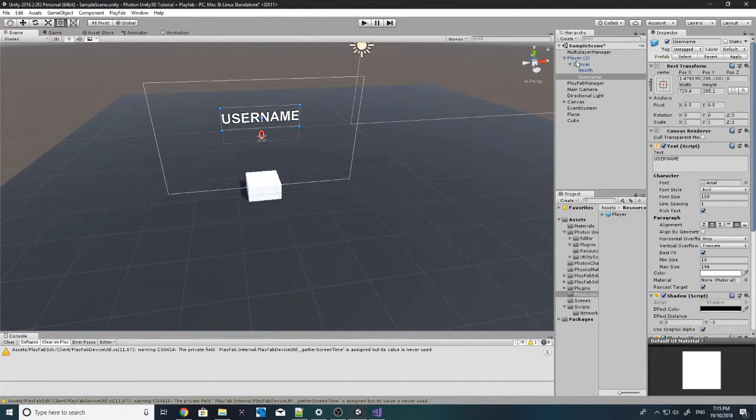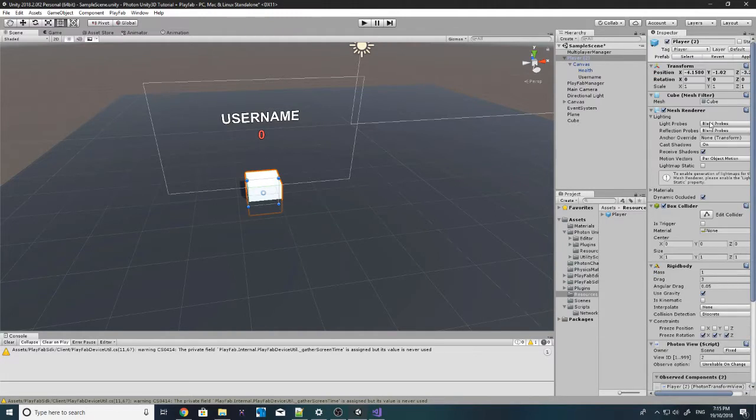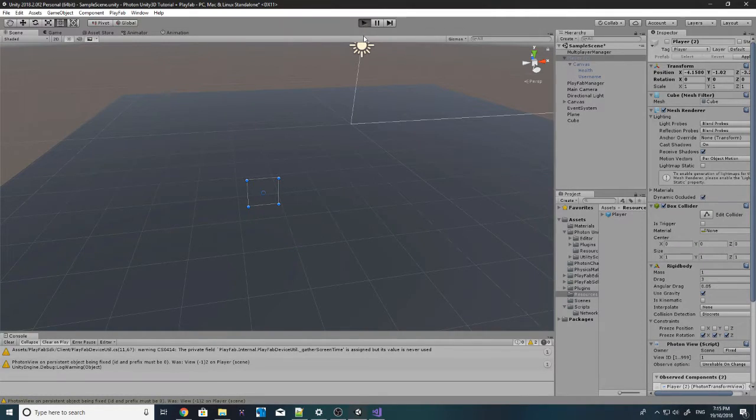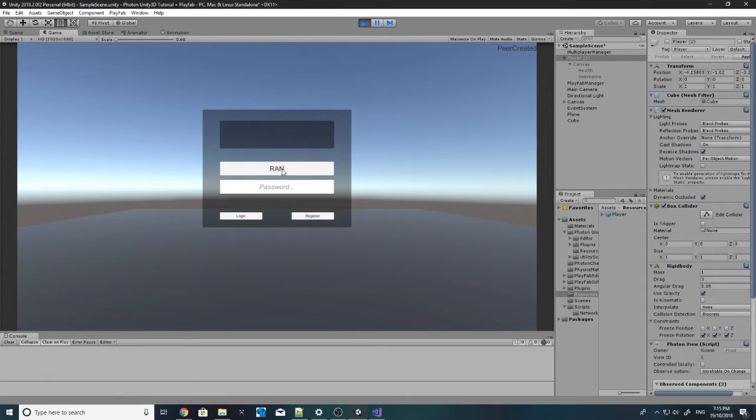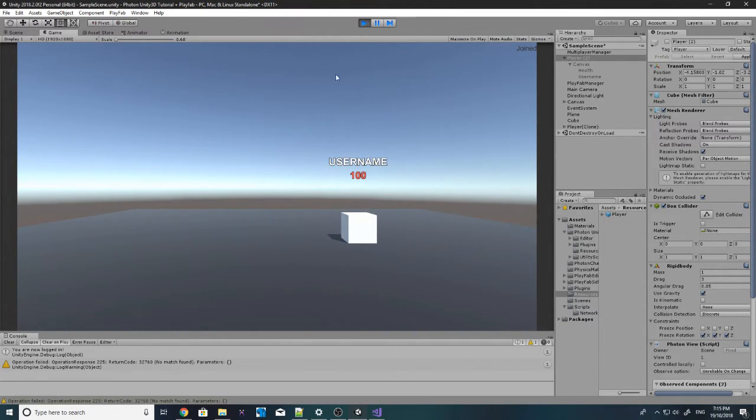Alrighty, so on our player we have this public user text. So we want to drag the text that we just created in there and apply that. So if we log in and spawn, we should see our username, which is rand, and then join or create. There we go. So wait, that's not